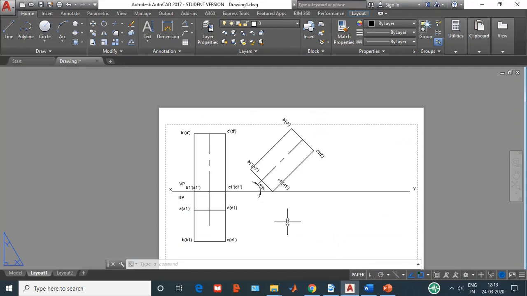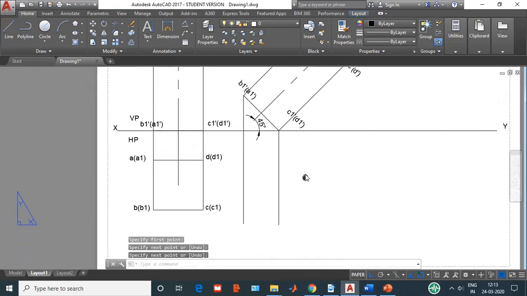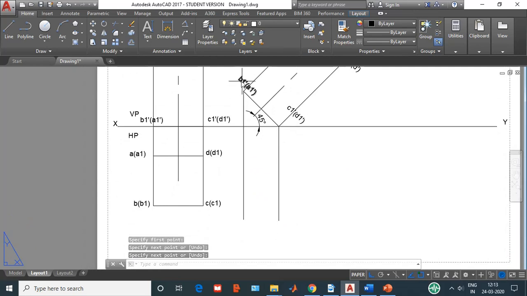So to draw the top view, make sure you project these lines one by one. I mean to say, first project only the bottom face, then project the top face. So let us do that. First I'll take a line. So from here, keep the ortho on, project one line, and from here project another line. You can see here this line contains bottom face A and B, and this line contains bottom face C and D. So join the bottom faces of this front view to the bottom faces of the top view.